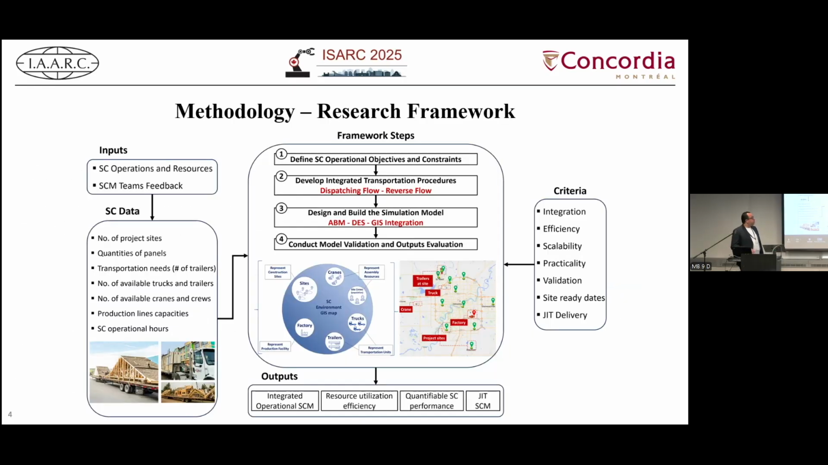First of all, we defined the operational objectives and the constraints for the supply chain management. We had a lot of meetings with panelized construction companies, and also collaborative research with many companies in Canada. Then we developed, and this is the core contribution here, a transportation planning algorithm to standardize and regulate the procedures for the transportation, considering the production and also the on-site